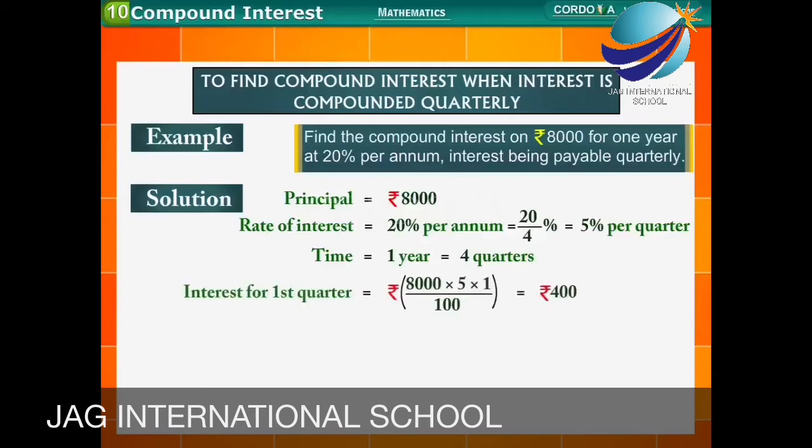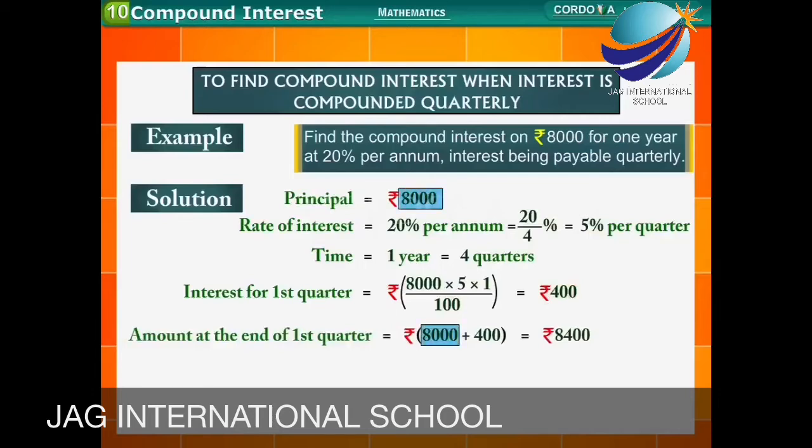Interest for first quarter is equal to rupees 8,000 multiplied by 5 multiplied by 1 divided by 100 is equal to rupees 400. Amount at the end of first quarter is equal to rupees 8,000 plus 400 is equal to rupees 8,400. Principal for second quarter is equal to rupees